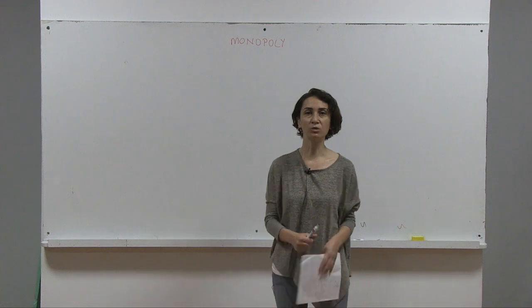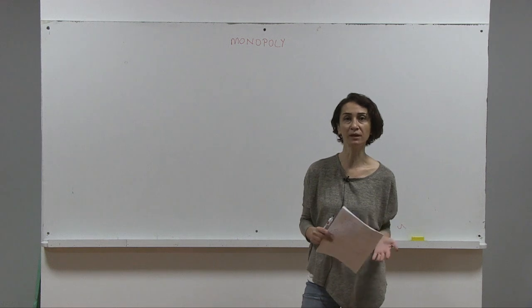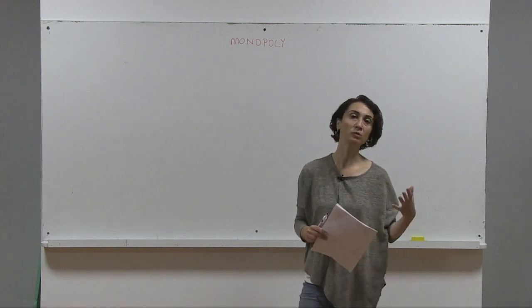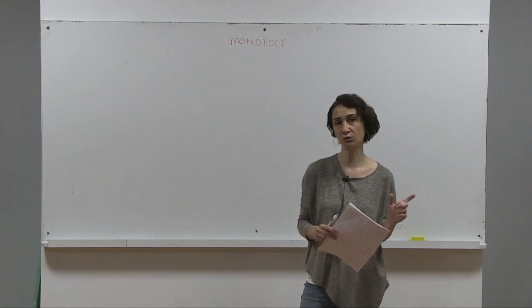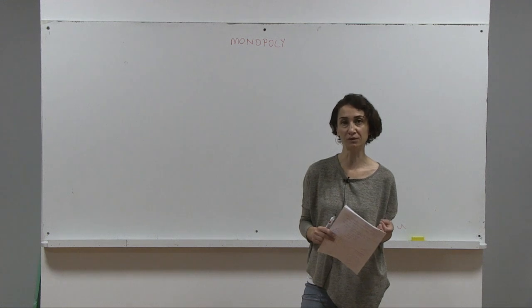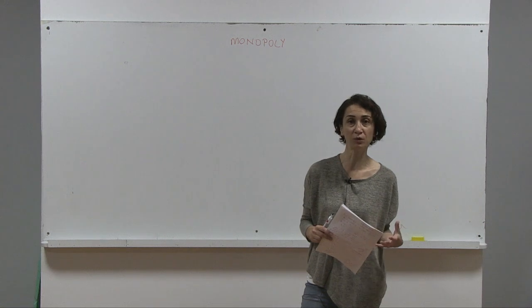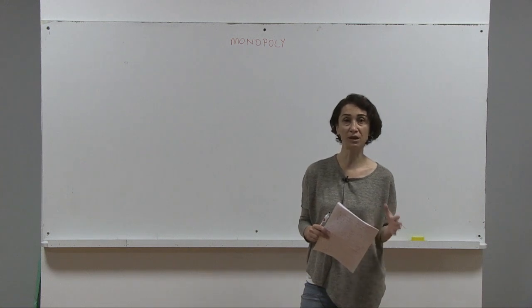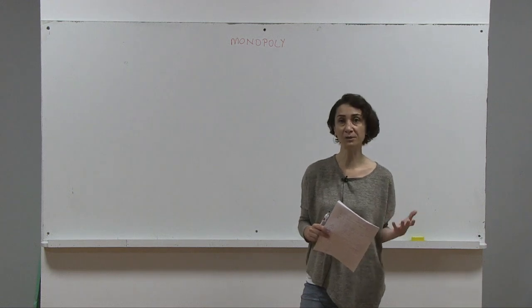Okay, hello everyone. Today we will talk about one of the market structures, monopoly. Before, we talked about perfectly competitive markets, which is at one end of the spectrum. So remember the assumptions for our definition of a perfectly competitive market. We have to have many sellers, they should sell identical products, and there are no barriers to entry. Now, that is something very hard to find, but it helps us to understand other market structures.